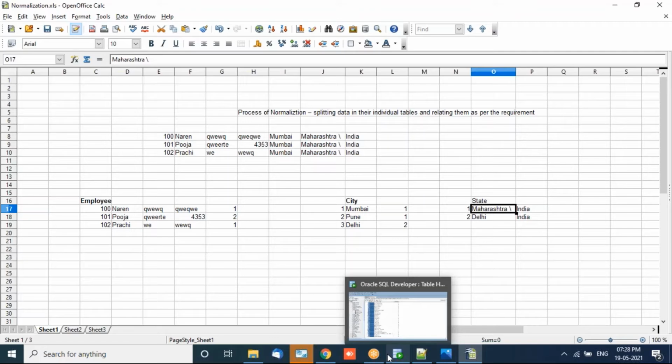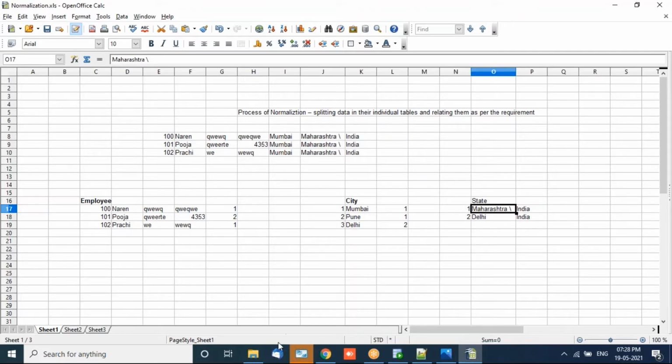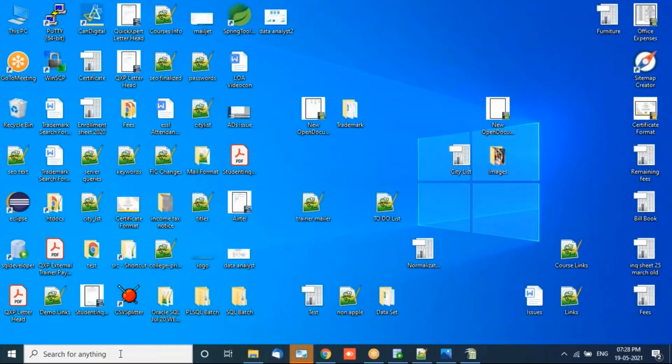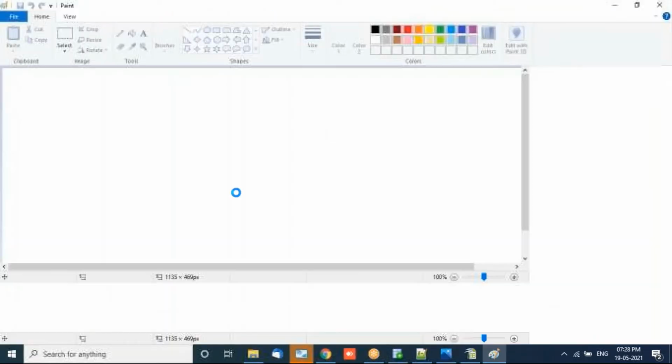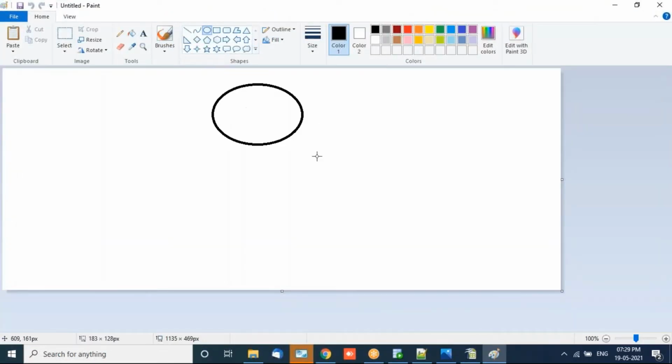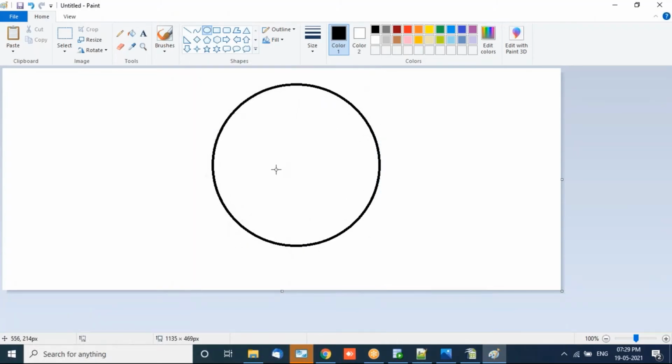Because your database is bounded. The database is not unlimited. The database is always bounded. As I showed you in the diagram a short while ago, the database will have only this much memory. Now it is your responsibility how to fit maximum data in this small memory. Obviously databases are very huge, like TBs, but the data is also huge.